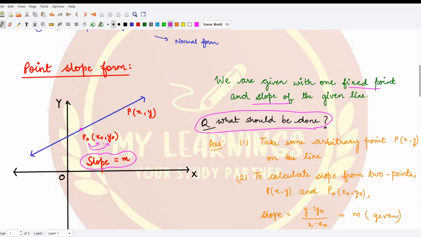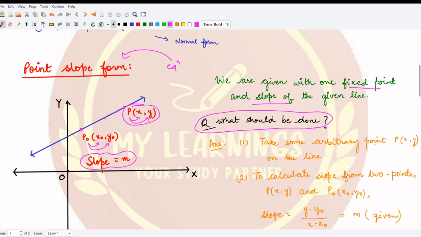Now we first have to derive the equation for this point slope form. For that, we consider another point capital P having coordinates small x and small y, right? Now this point could vary. It could be somewhere here, here, or here. Taking the general form represents that we are considering all the points, because its coordinates are variable in nature, right? So taking an arbitrary point P of x, y, we now want to calculate the equation of the straight line.